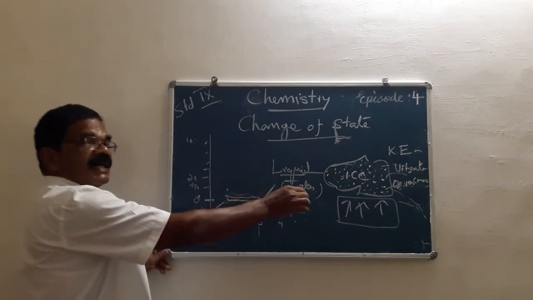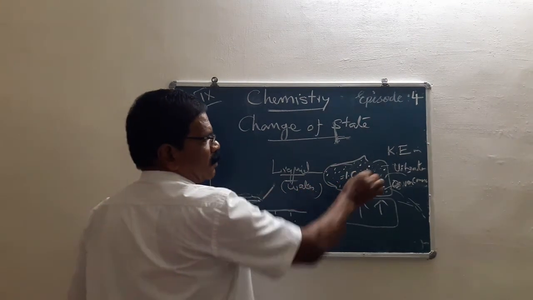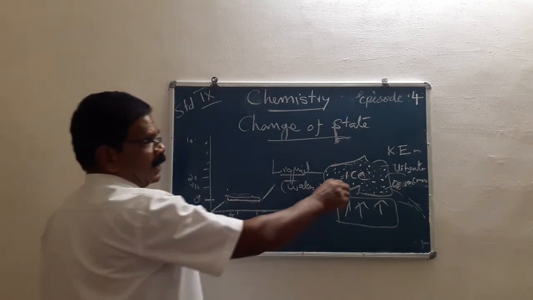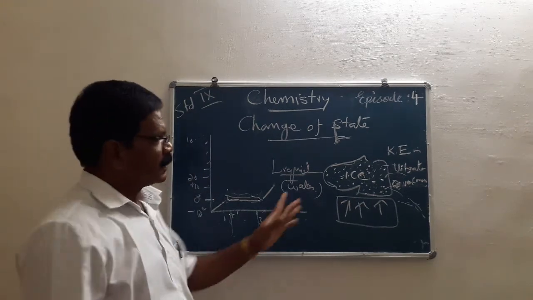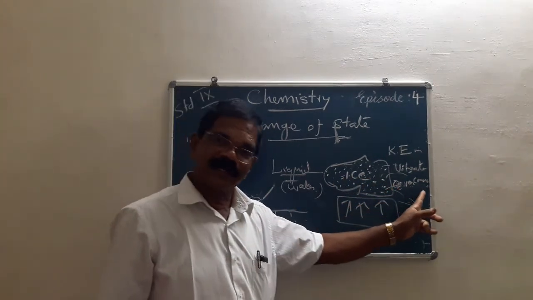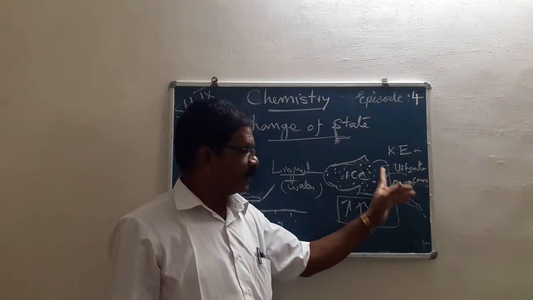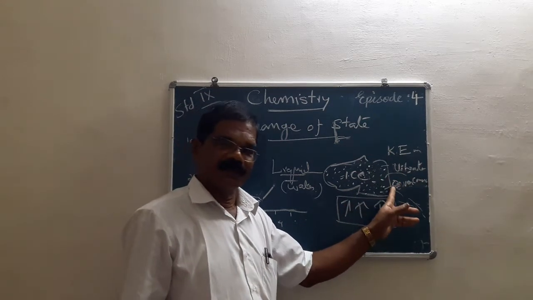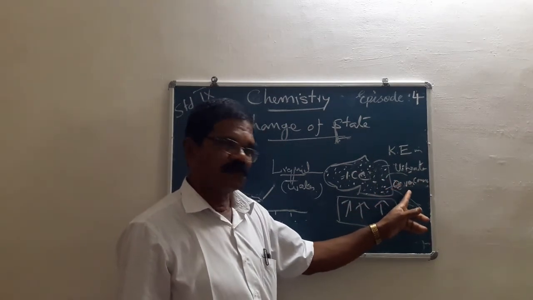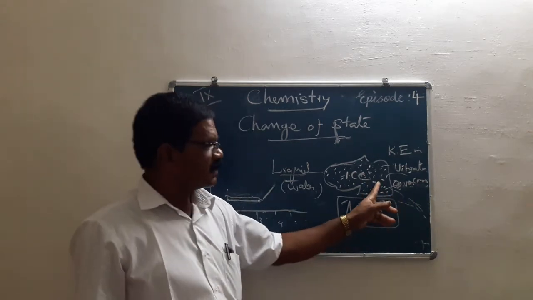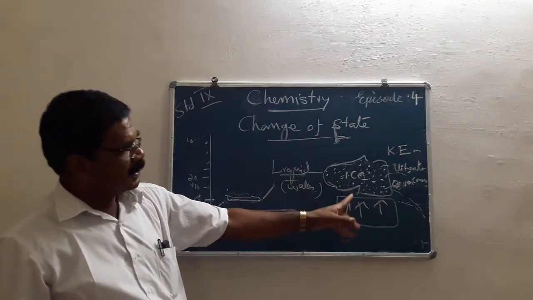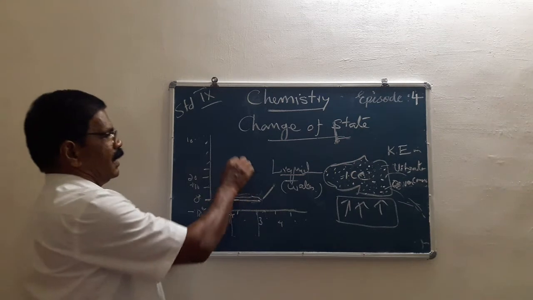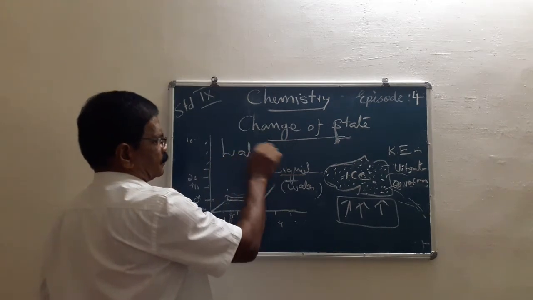This process is happening here. While heating, we can't see with the naked eye the kinetic energy increasing or the particles vibrating inside, but we can see the ice slowly melt to form water. How does it happen? The kinetic energy of the particles increases and they vibrate, overcome the force of attraction between the particles and begin to move freely. Then we can see ice slowly change to liquid form. The heat given in that process is known as latent heat of fusion.